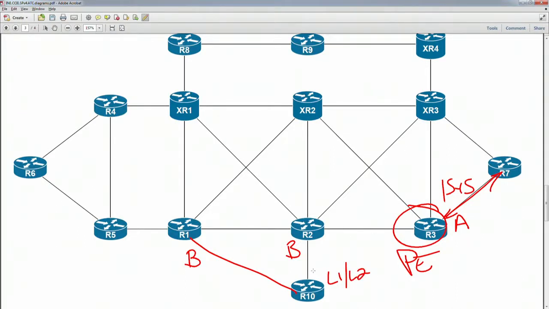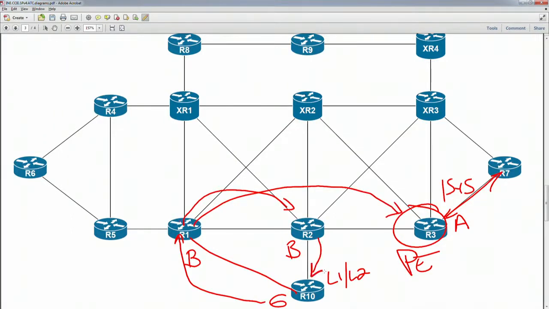So basically what's happening is that router 10 is advertising the route into ISIS, and we're redistributing it into BGP. It's going over from router 1 to router 2. It's going over from router 1 to router 3. Router 2 is then redistributing the route back into the ISIS process. Now, if we look at it from router 1's point of view,